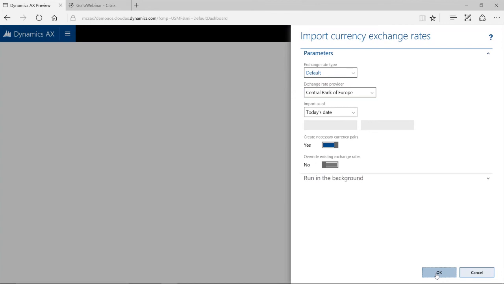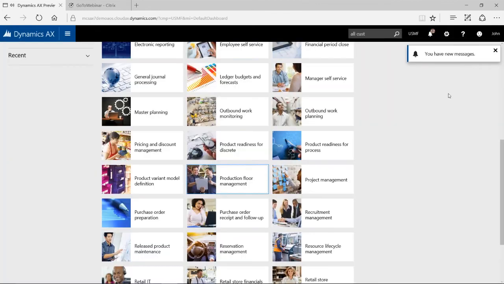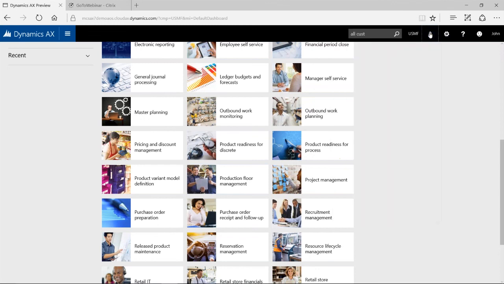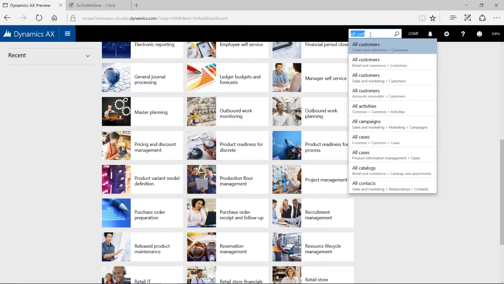Another powerful feature I wanted to touch on with regards to the data is the ability to bring data into the system from web services. And so for this part of the demonstration, I'll show you how we can import currencies and exchange rates very, very simply. So if I navigate to the General Ledger